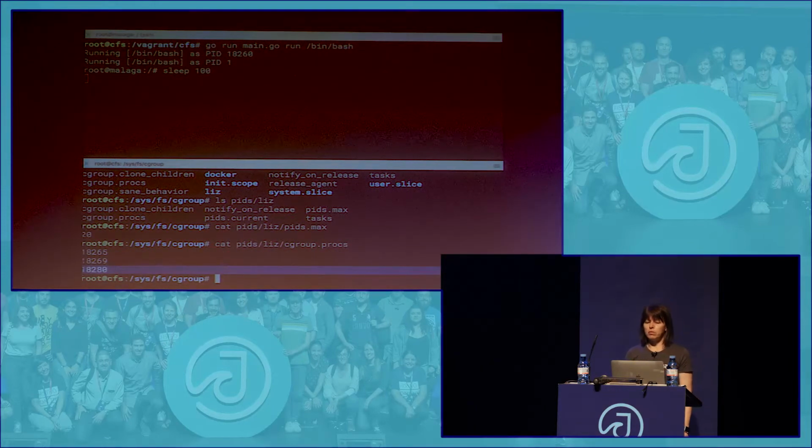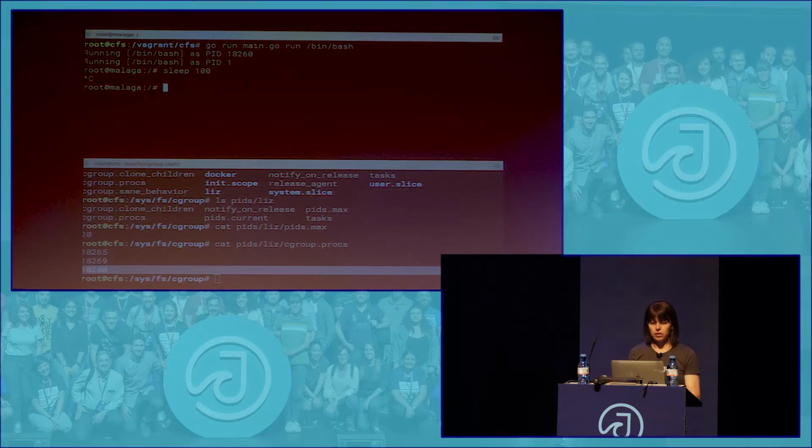So I'm reasonably confident that I can only have 20 processes inside this C group. So I can only run 20 processes inside this container,